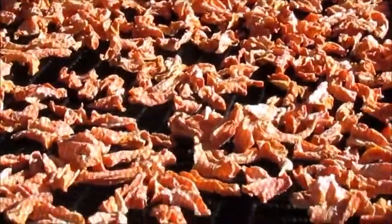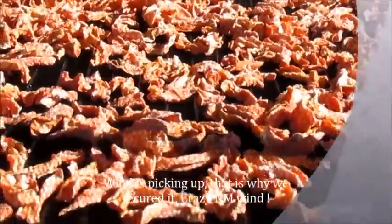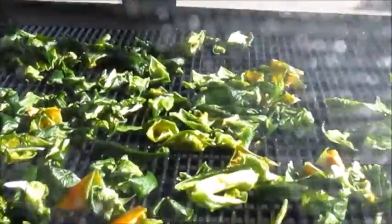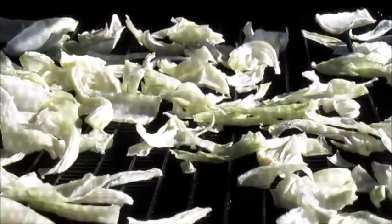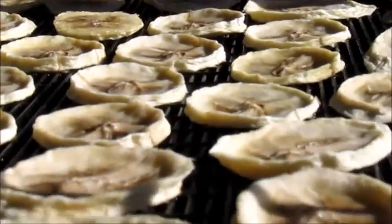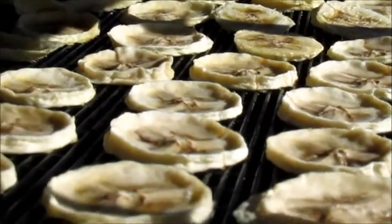So here we are on day 2 of this outdoor food dehydrator swinging in the wind. You can see how the carrots are all dried up real good, and you can definitely see the difference from day to day. Those are the green peppers, they really shrunk up. And the onions too, they've shrunk up pretty good as well. And then there are the bananas, and this is just 2 days out here, so I think I'm gonna